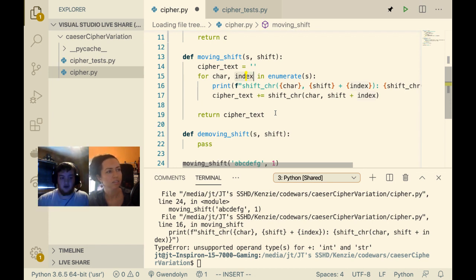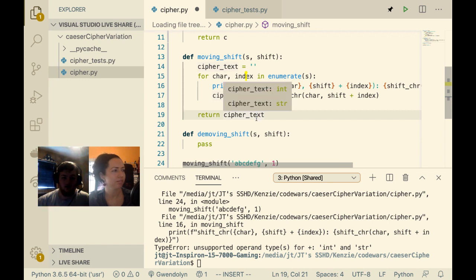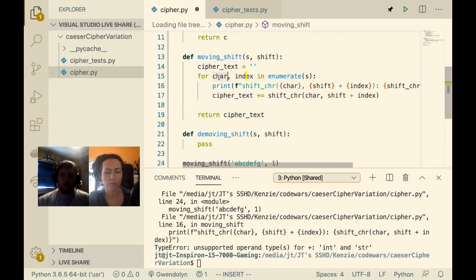Let's see. Just looking it up real quick. I hear you typing. Oh, you're looking it up. Okay. Yep, I'm pretty sure that index goes first, and then if you want the character, it's the second one.